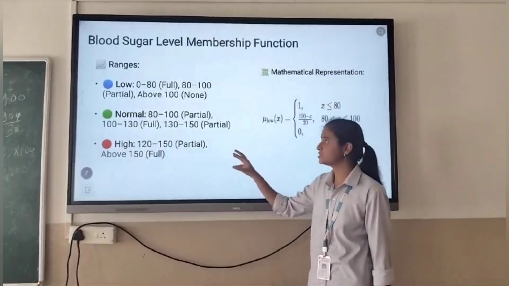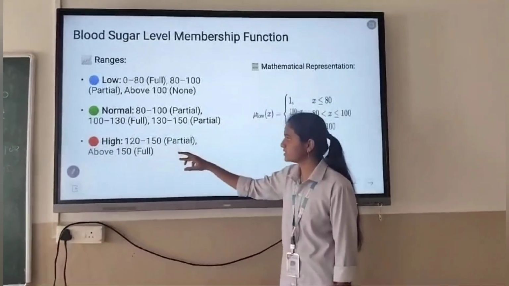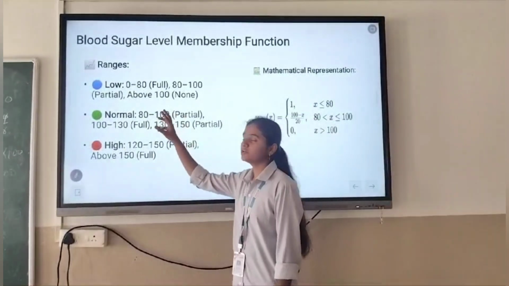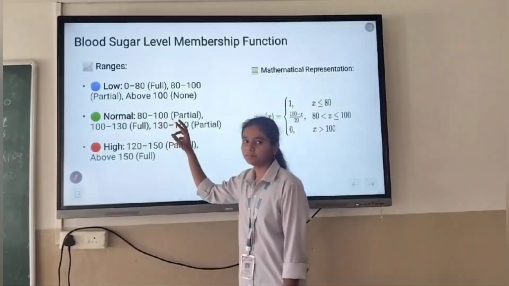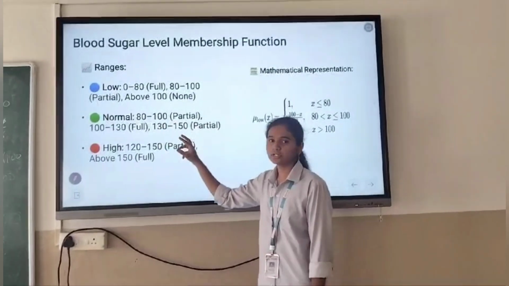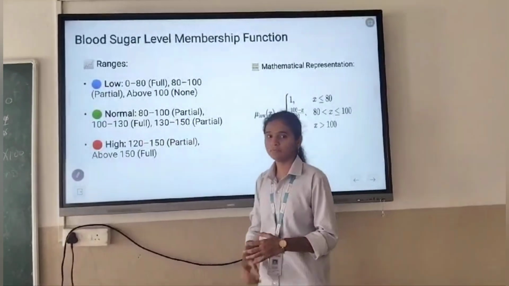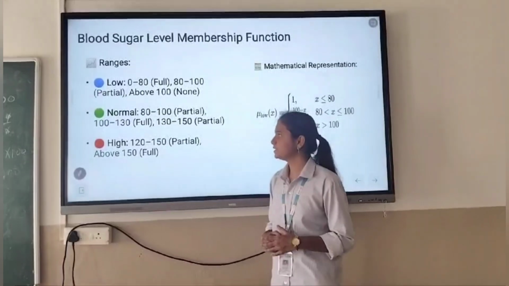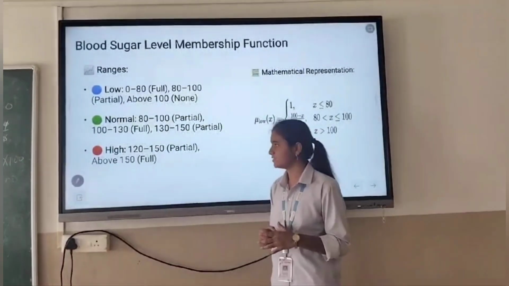First is low, then normal, and third is high. If your blood sugar level is between 0 to 80, then the person has a low sugar level, and if the person has a blood sugar range from 80 to 100, then that person is normal, meaning fit and fine,